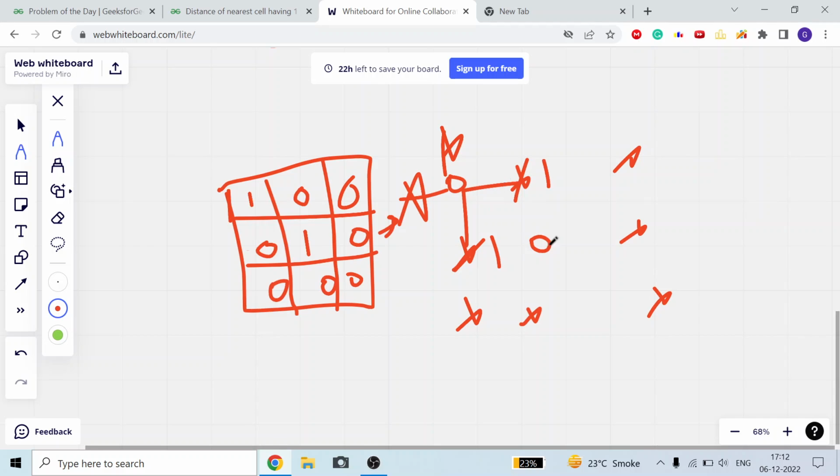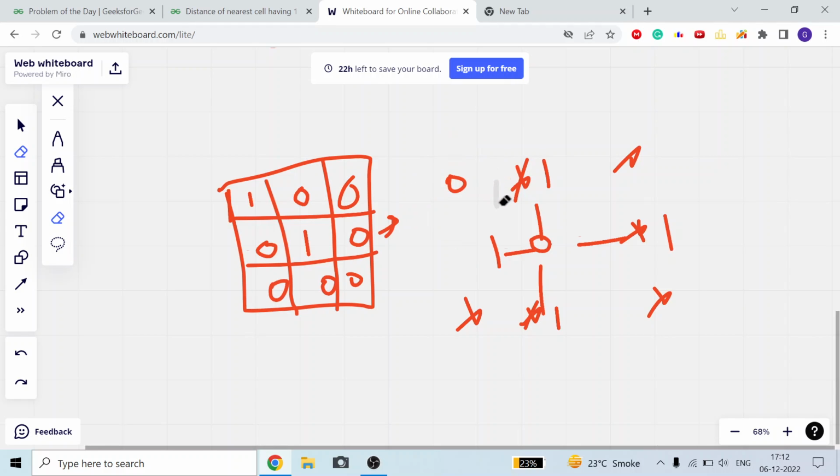Now in the same iteration, I am going to check this 0 as well. This 0 will say I can move in 4 directions. It will move there with 0 plus 1. 1 is already put there. This will contain 1 because x is bigger. This will contain 1. So how will our matrix look? Our matrix currently looks like this: 0 1 1 0 1 x 1 x.